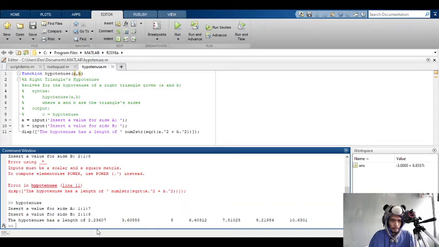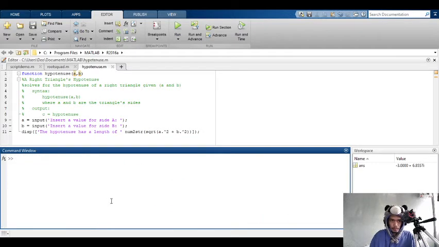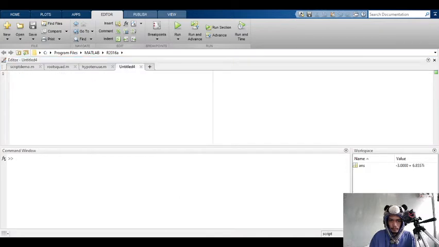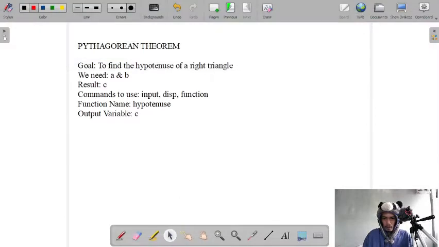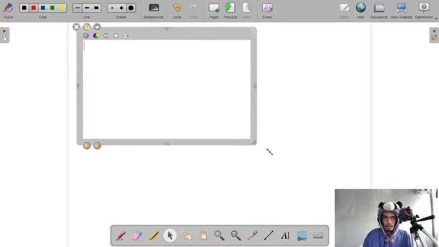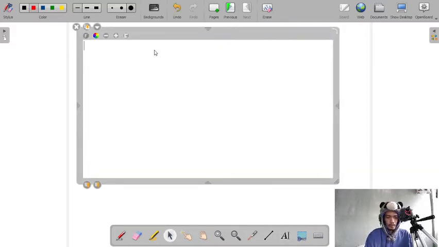Ayun. So, sige, alisin muna tayo dito. Clear everything up. Then, punta tayo sa here. Okay, but this time, ang gagawin naman natin is circumference